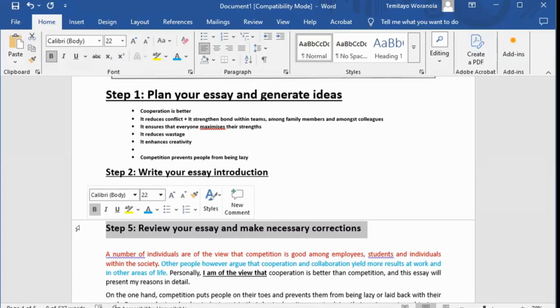But I usually advise it's better to first of all give your essay to AI to assess before you send it to me, so that you will learn one or two things first from the AI, and then by the time I do my correction, you will also learn and understand better.